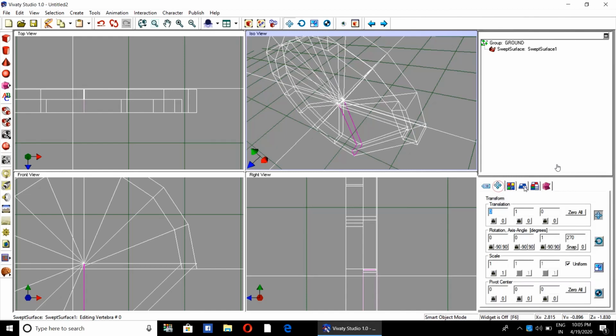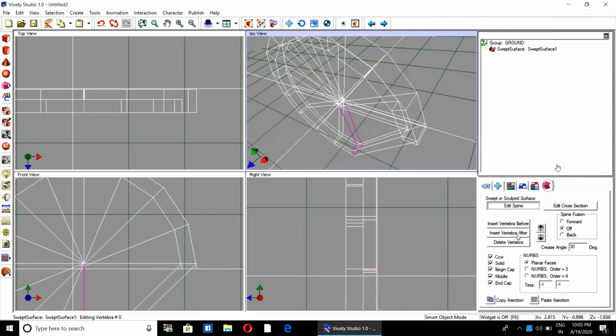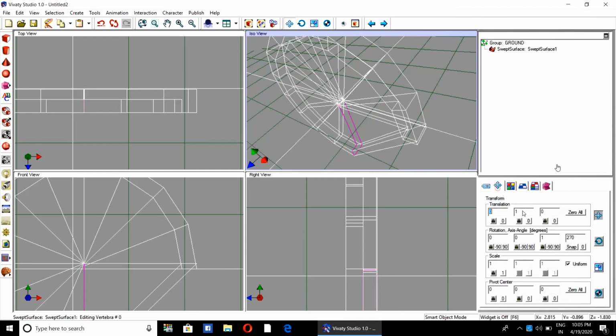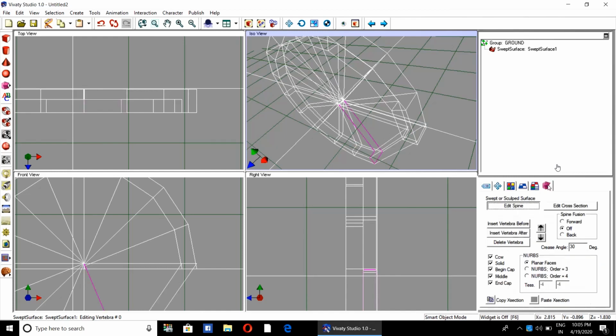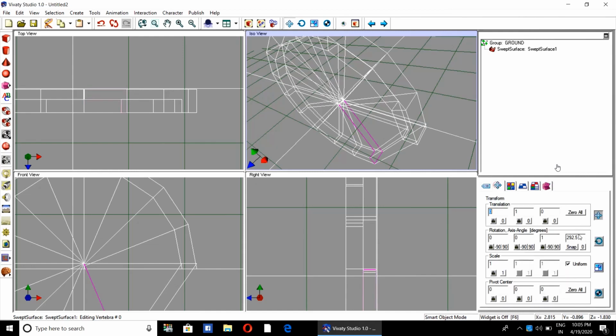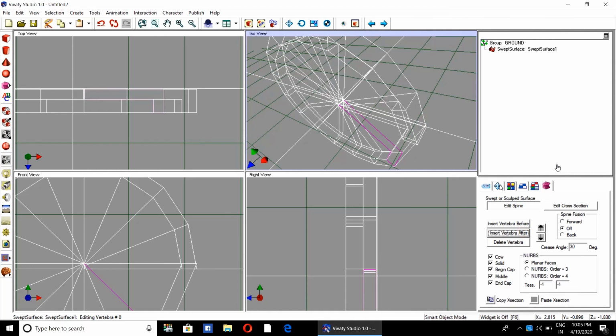Then insert vertebra after, edit spine, insert vertebra after, so it becomes 292.5. Then 292.5 plus 22.5, it becomes 315. Then insert vertebra after.